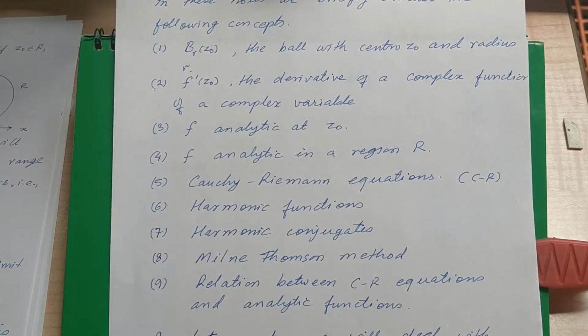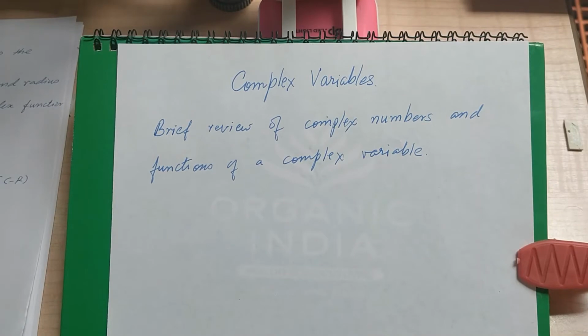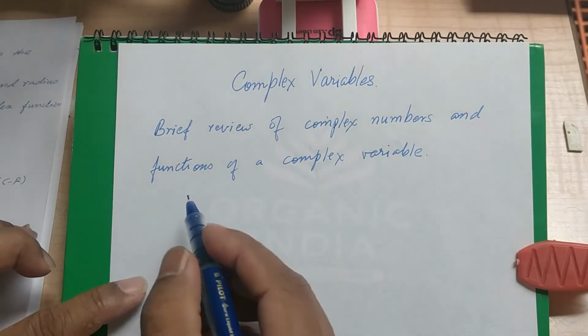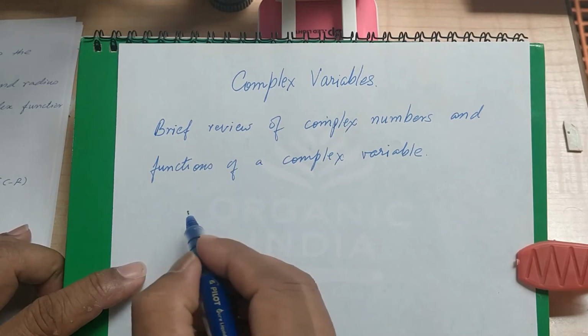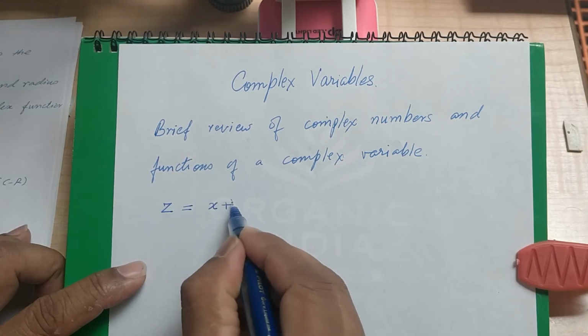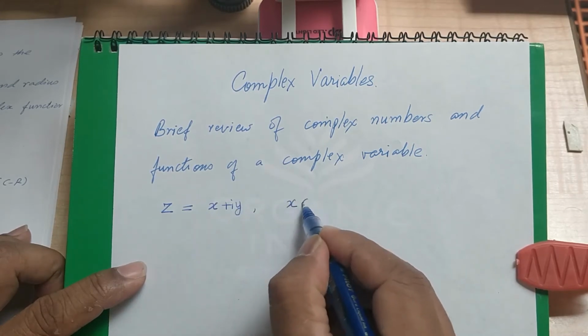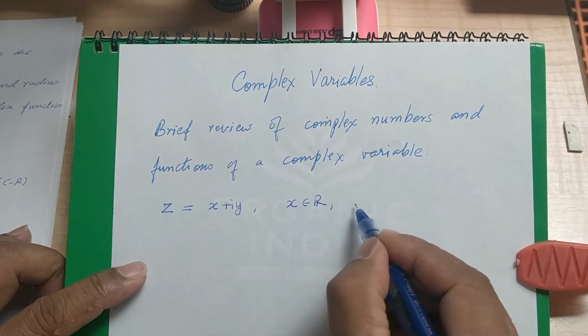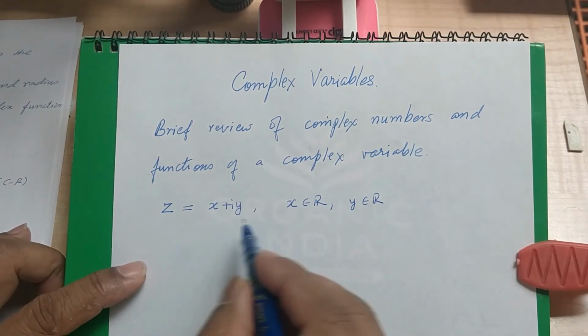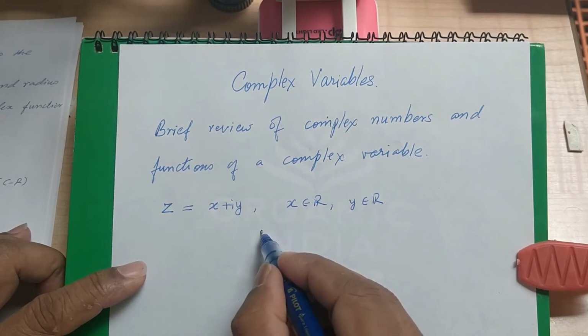So before I start taking up these points, let me recall a few of the things that you must have studied in your earlier classes. So what do we mean by a complex number? A number of the form z equal to x plus iy, where x and y are real numbers. x is a real number, y is a real number. Such numbers will be called complex numbers, and we conveniently